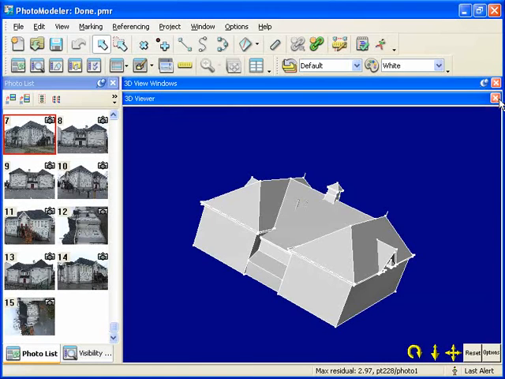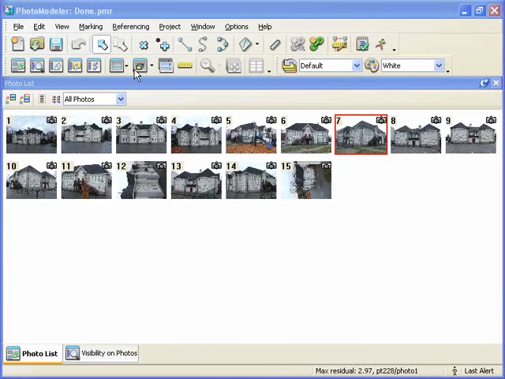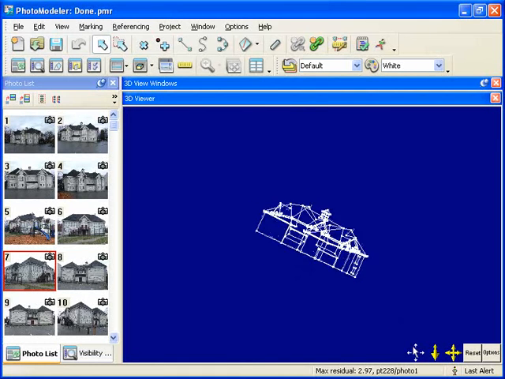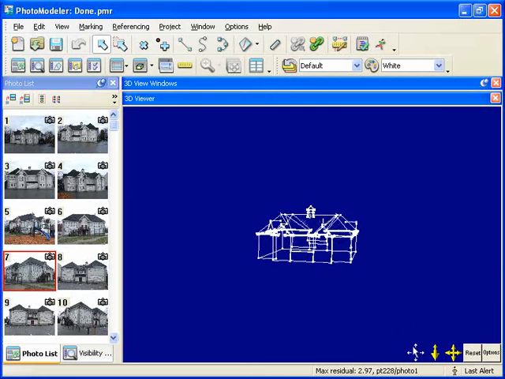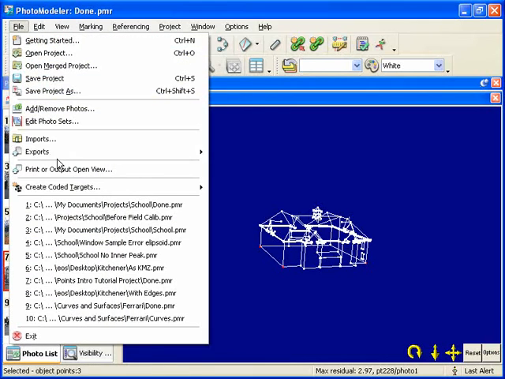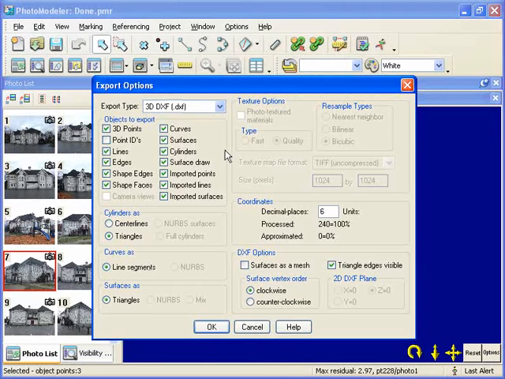We will now export this model to Google Earth. Unlike other formats, KMZ and KML require you to provide some geospatial information. In other words, where the model is located on the Earth. We will select 3 points that we can use to map this model to known coordinates. Point 1. Hold down Shift, 2 and 3. We then go to File, Export, Export Model,